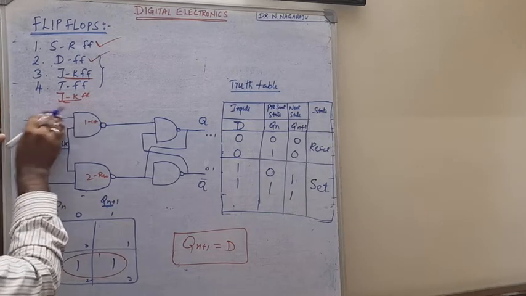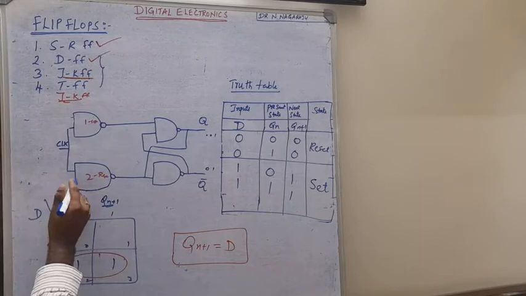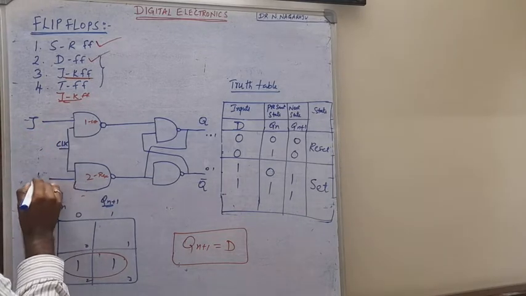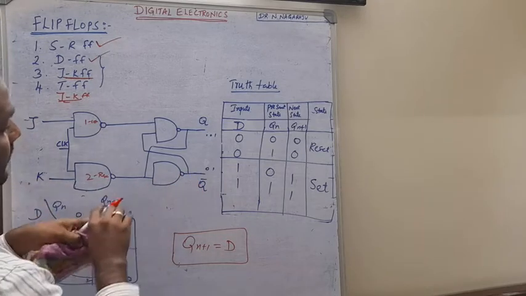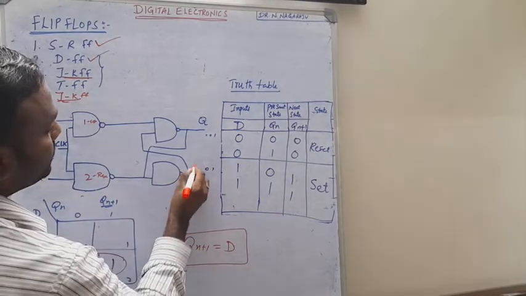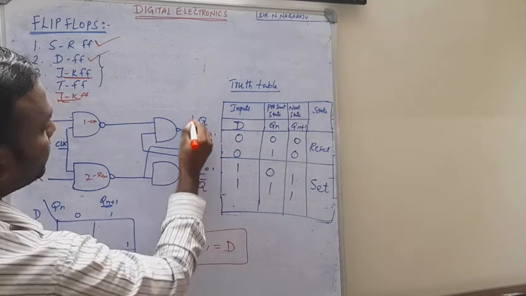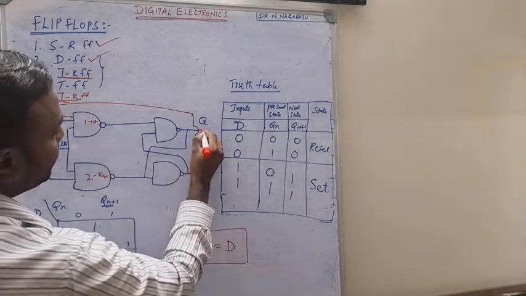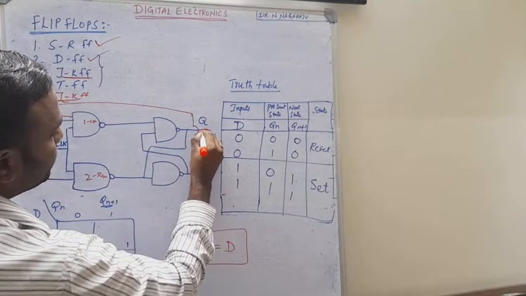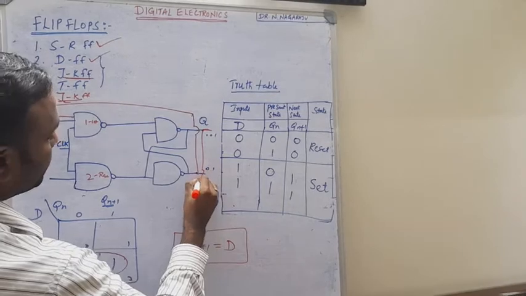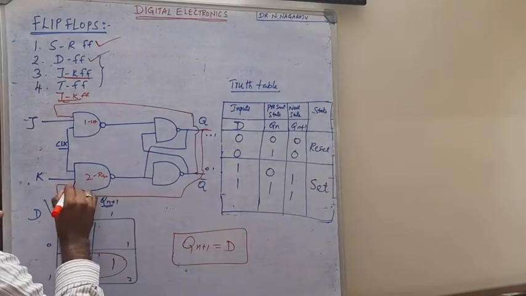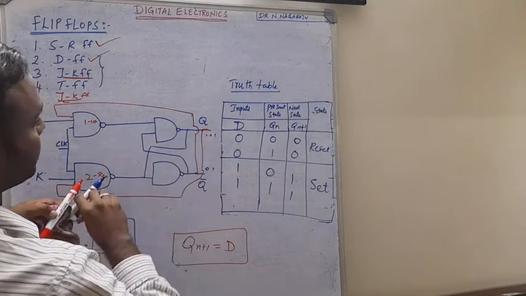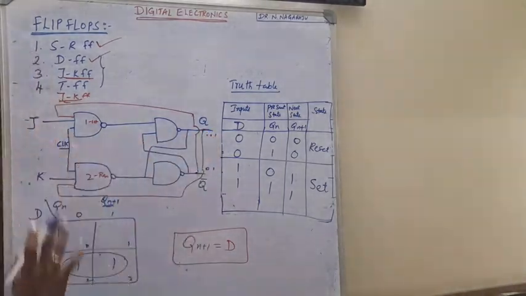Now I am going to use here the flip-flop inputs. So here I am going to use J, and here I am going to use K, right? I am going to take the feedback of the outputs. So only a small modification. This I am going to give here, and the output of the first one I am going to give as input to the reset state. Okay, so this is the basic logic diagram for JK flip flop.